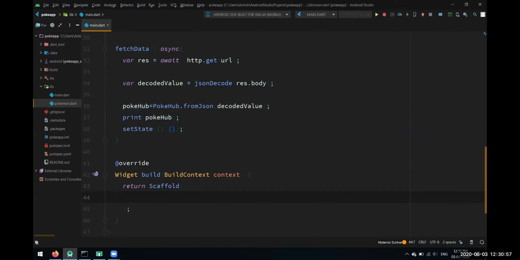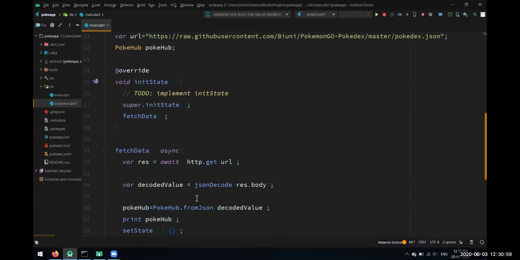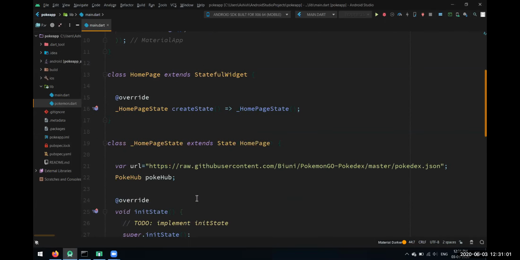One more thing I'd like to show you. If you want to change the primary color instead of blue, if you have created a project by default, the primary color of our app built in Flutter is blue.